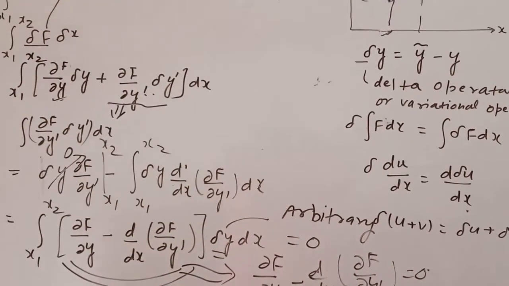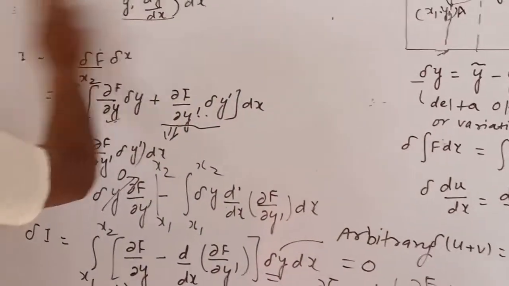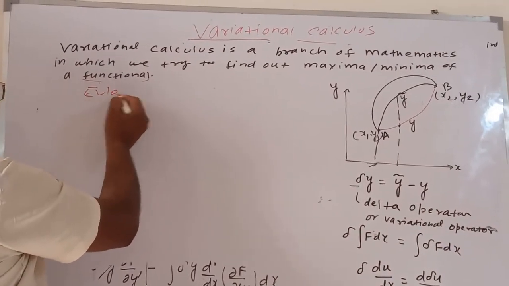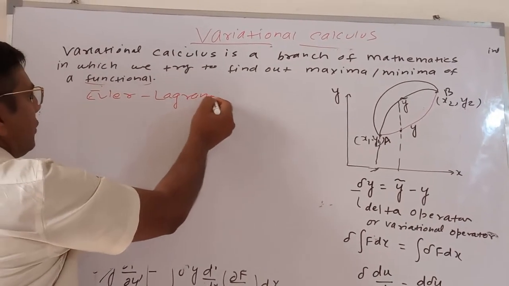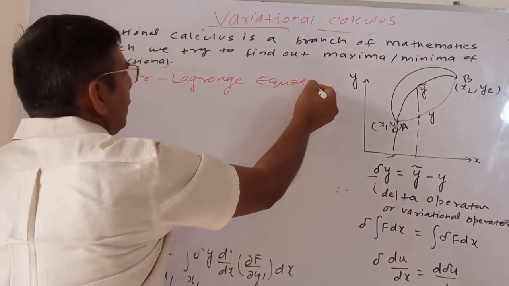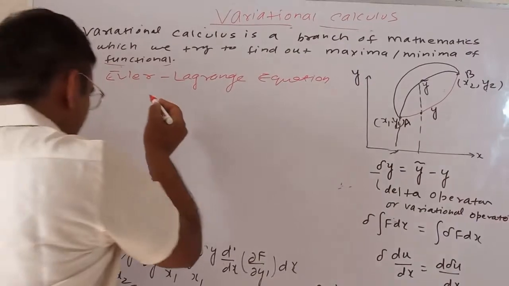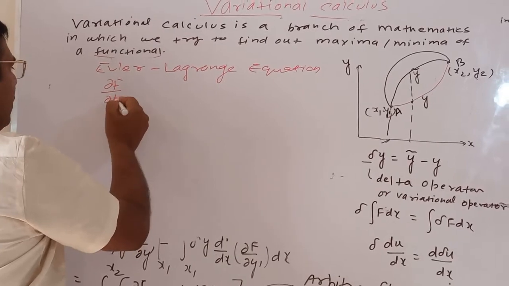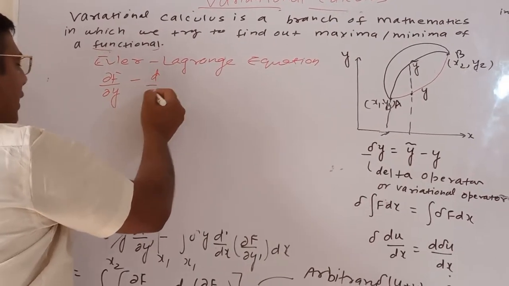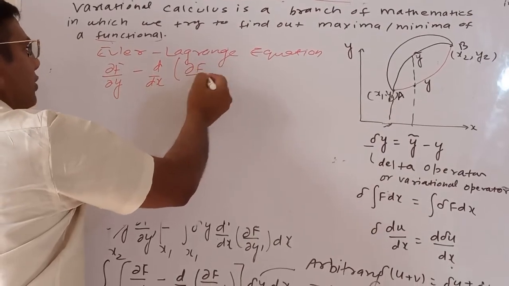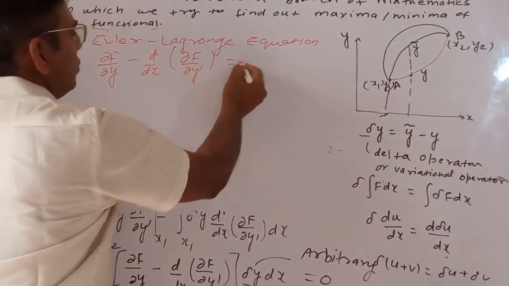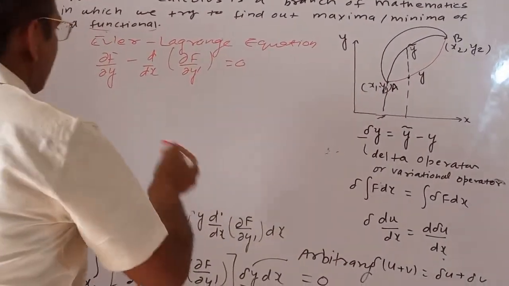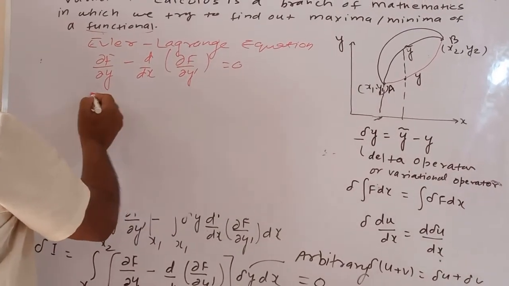Okay, so now we will write it again here. The Euler-Lagrange equation we can write as partial of f with respect to y minus d upon dx partial of f with respect to y dash is equal to 0. So this is just one independent variable here. If we are having more than one, like if we are having z also, then it will be